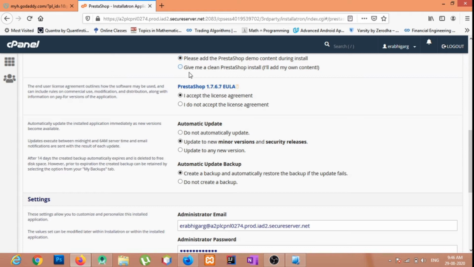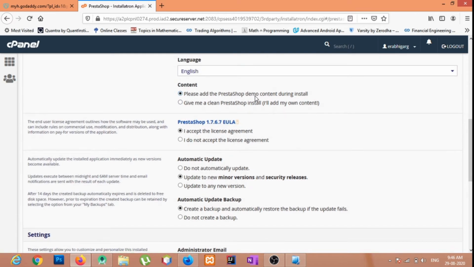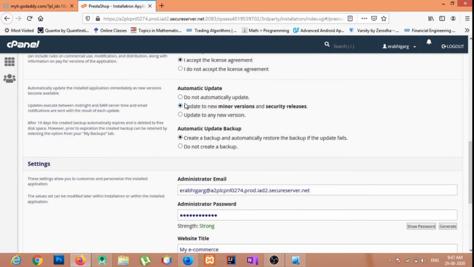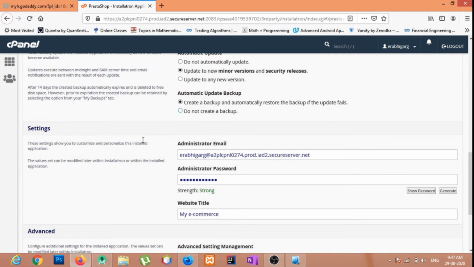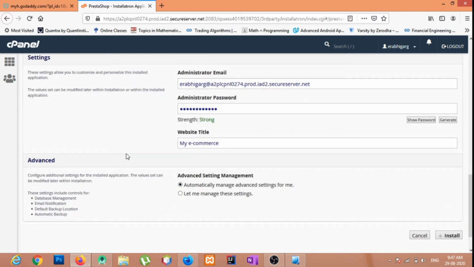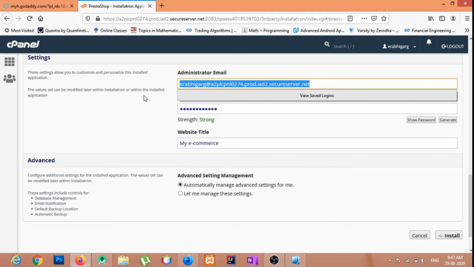And do you want to install the demo content during installation or not? You can choose this, or you can get a clean PrestaShop install, or you can use the demo content. I will go with the demo content currently. We accept the license agreement, and we would like to update to the minor updates and security releases and create an automatic backup. So here we can enter an administrator email.